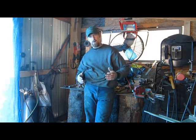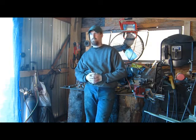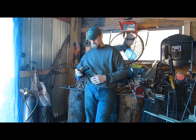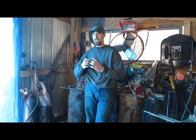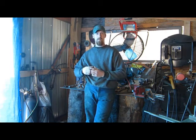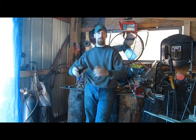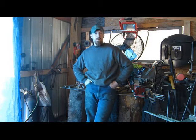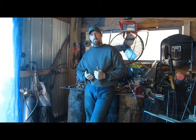She likes hearts. It's kind of crazy. She finds hearts, rock-shaped hearts. It's insane how much they look like a heart. She finds them all over the place. But anyways, I'm going to make her a striker that looks like a heart